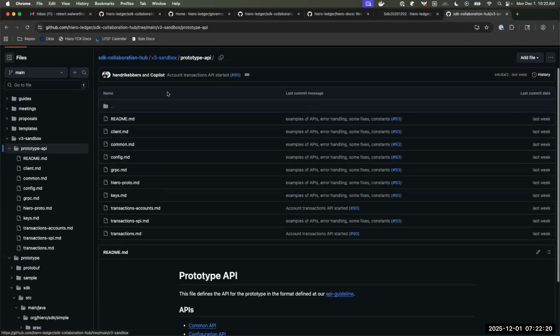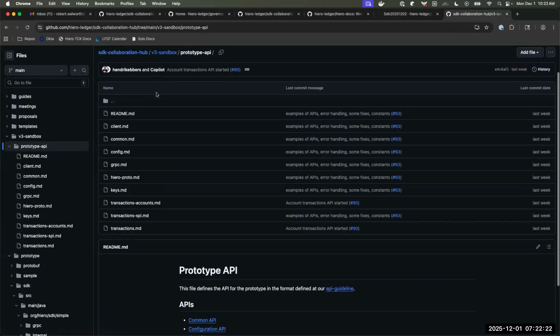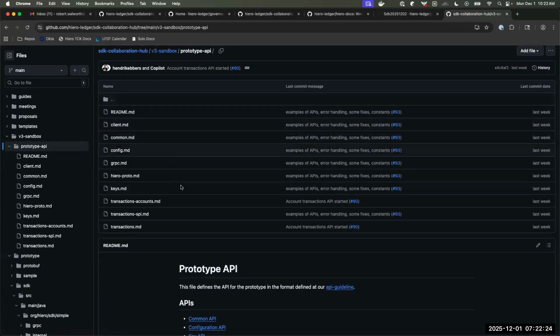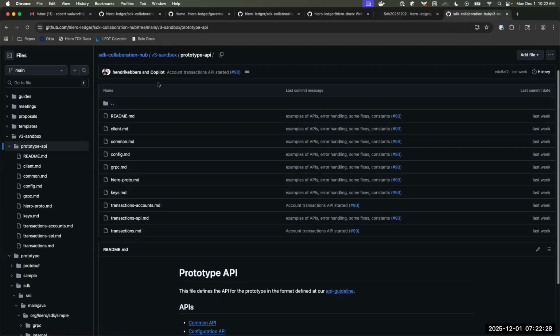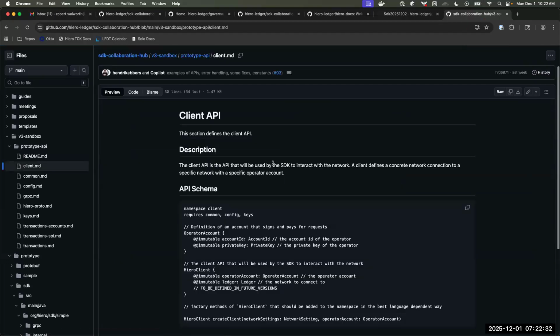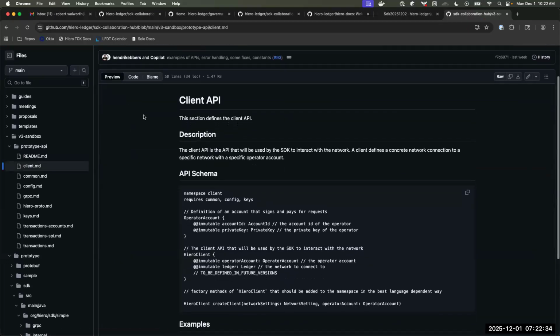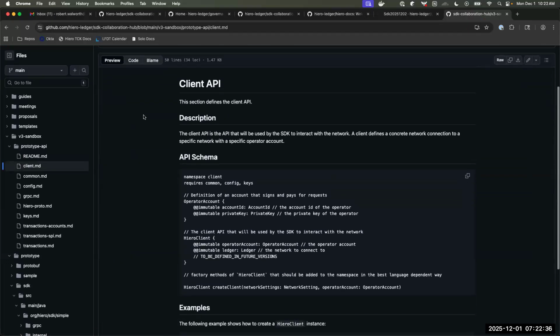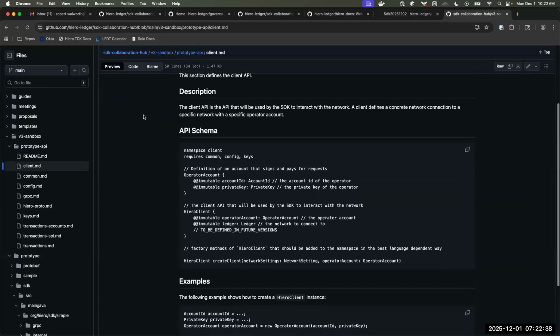Yeah, so this is what we've been working on, or well, Hendrik's been working on. I've just been reviewing and offering input. Each of these markdown files defines a different API. This one, for example, is the client API.